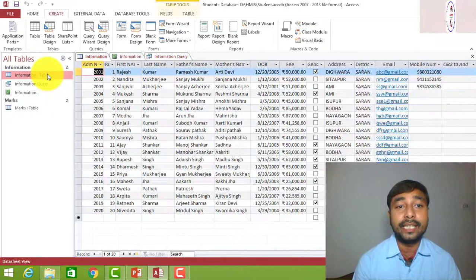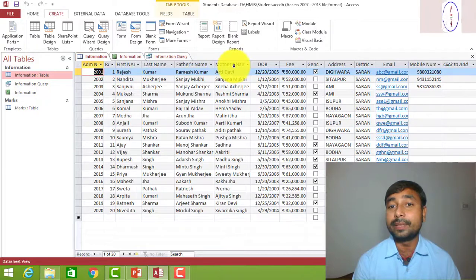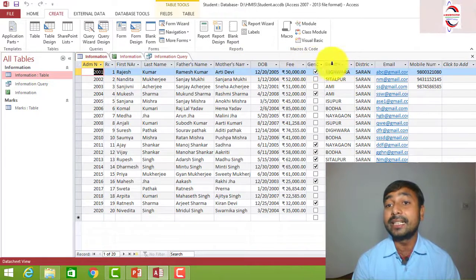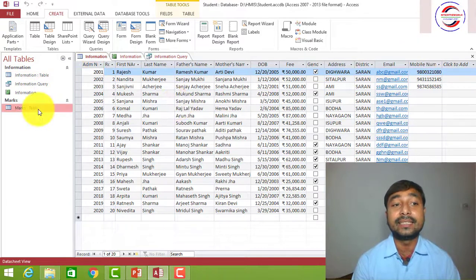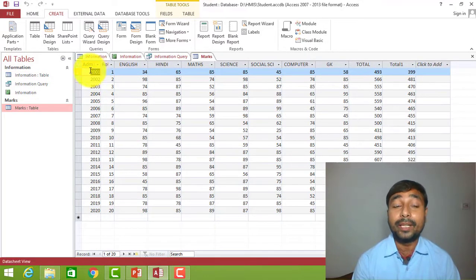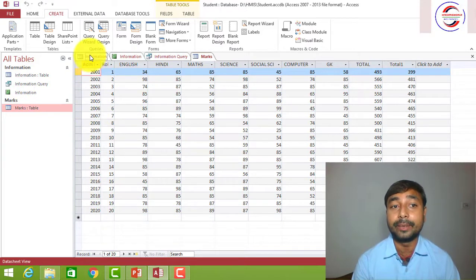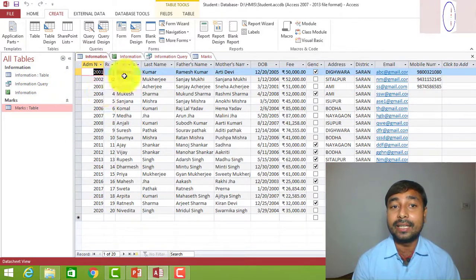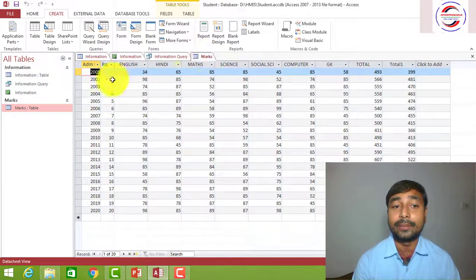This is the information table: first name, last name, father's name, mother's name, date of birth, fee, gender, address, district, email address and mobile number. And in the second table marks is there, but you will see that admission number is similar in both tables. This is the information table and this is the marks table.